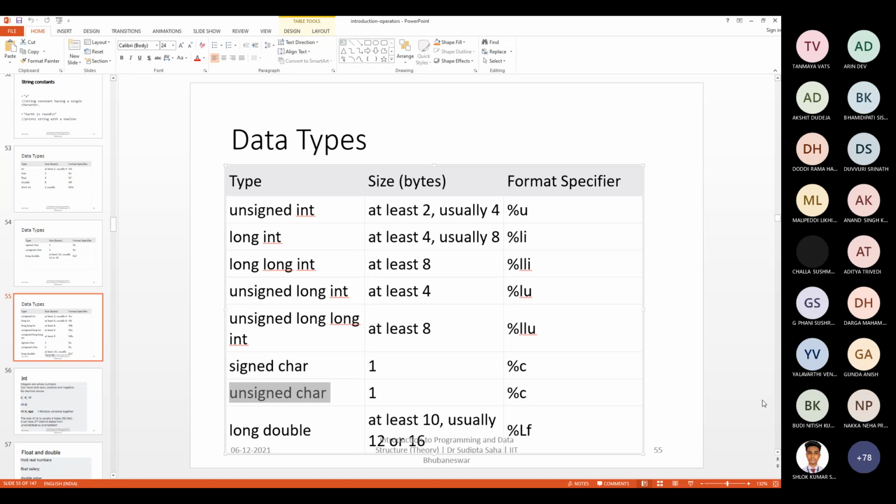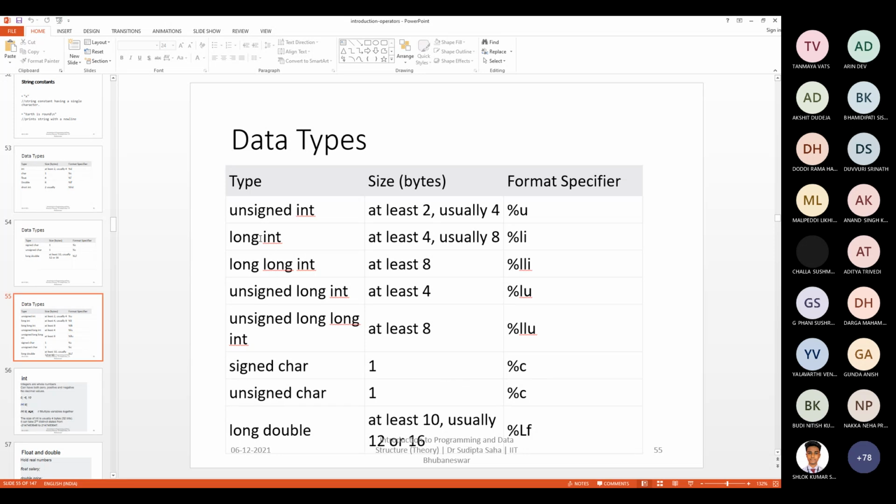We'll come to how these options are calculated, like what is the maximum number and what is the least number you can represent using a certain number of bytes. All these things are very important for you to know, and they will be discussed. But for now, just understand that if it is a signed variable, you have the option to represent the negative sign. If you declare a variable to be unsigned, you don't have that option, so you can represent only positive values. So signed and unsigned is clear to everybody.